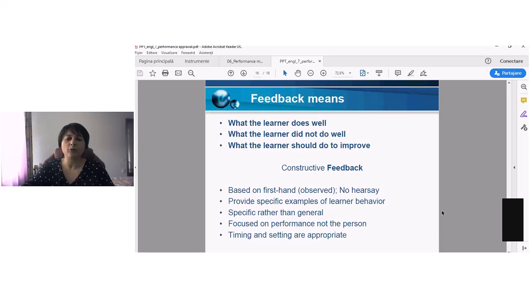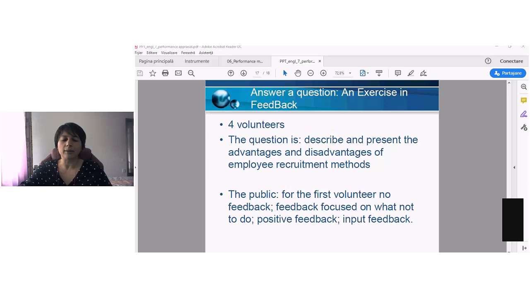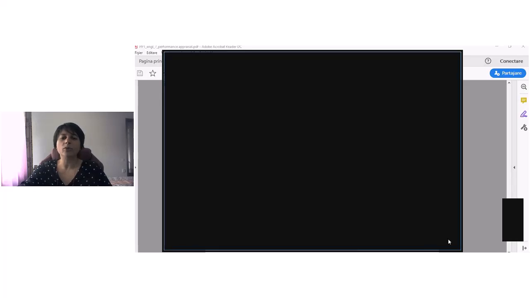And now I would like to get to the practical part and to do a simulation related